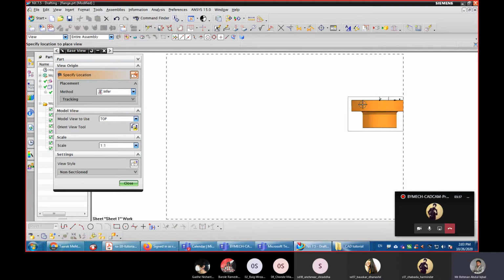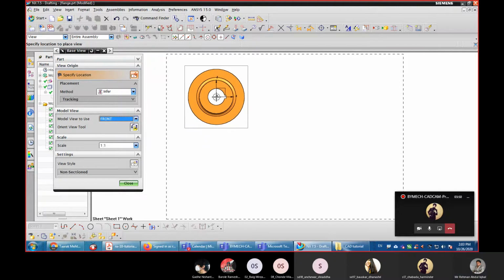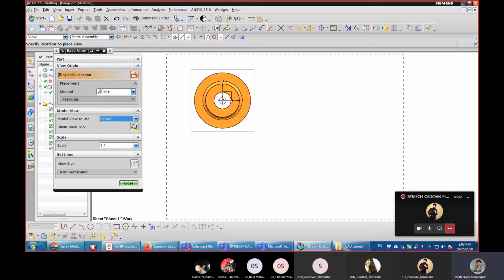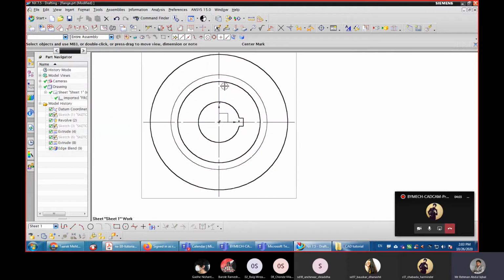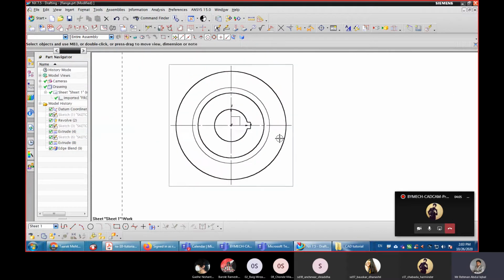So this is our sheet and we need to create the base view. Click front and click the left mouse button like this, close. So this front view is being created.